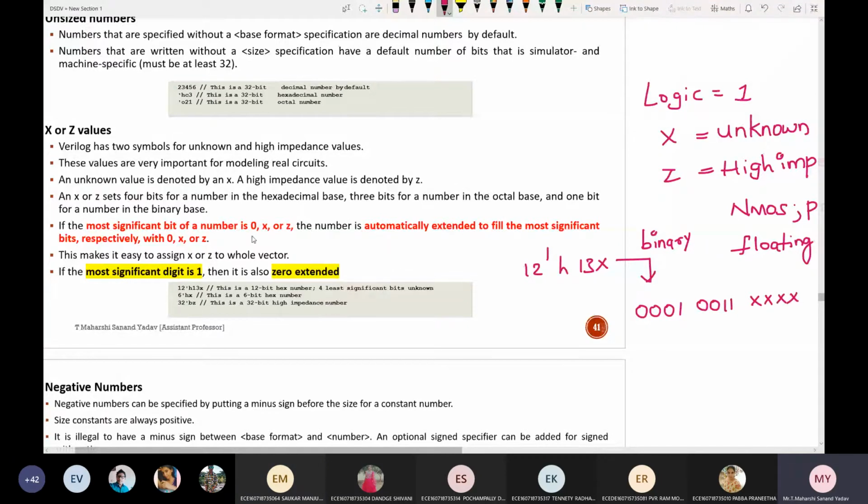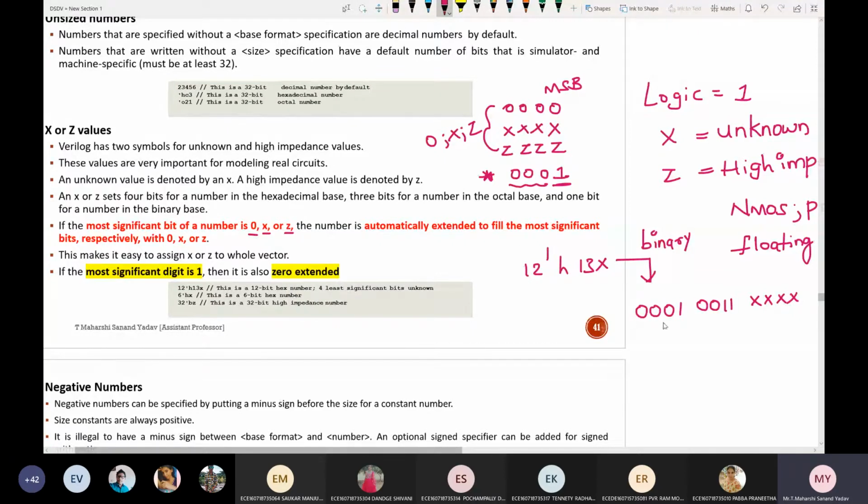So you need to remember this concept. If it is 0, X or Z, simply pad it with the same value. In the 1's complement and 2's complement, you might have seen this concept. If most significant bit is 0, pad it with 0. If most significant bit is X, padding means simply adding X. If it is Z, simply pad it with that last bit, which is nothing but MSB, most significant bit. Suppose if the most significant bit is 1, it should be padded with zeros. This is a different concept. Whereas these three are same, 0, X and Z, depending upon the most significant bit, you have to pad it. Whereas if the most significant bit is 1, you need to pad it with zeros.